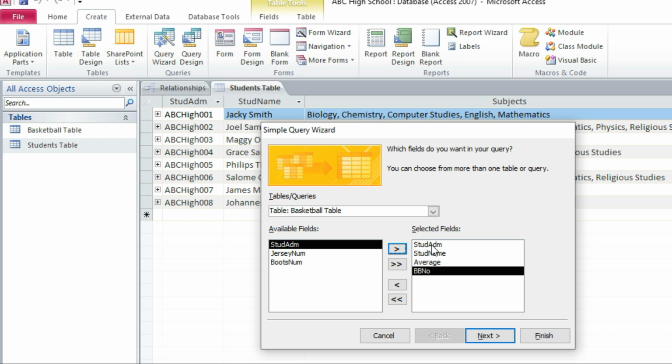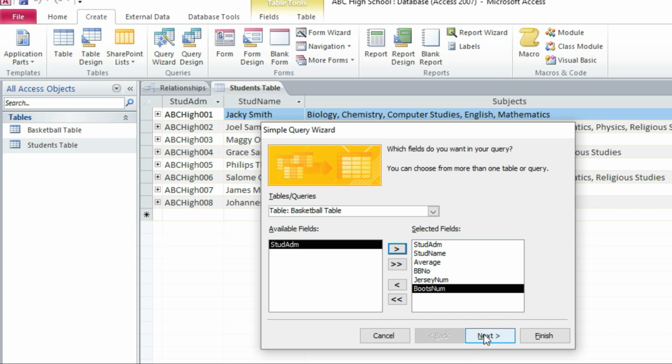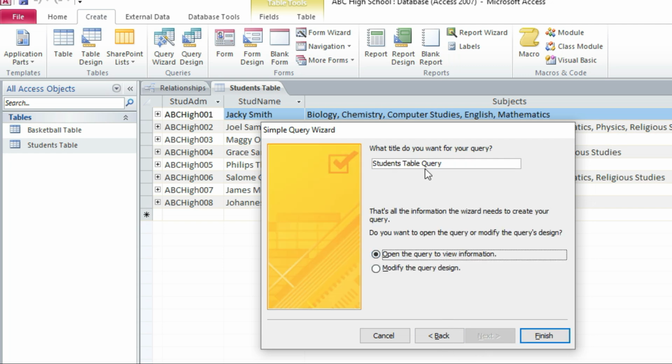We don't need it because we already have it here, which we got from the other table, which is connected to the basketball table. Can take the jersey number and the boots number like that, and then you make sure it's highlighted like this, and then you click this arrow to take it to the other side, and then next. Make sure it's details, shows every field of every record. Next, and then we can write here